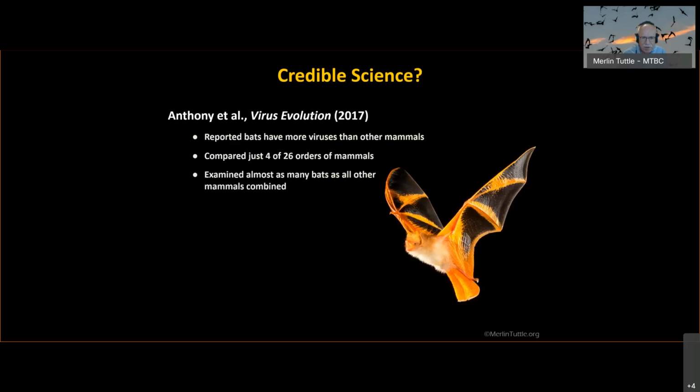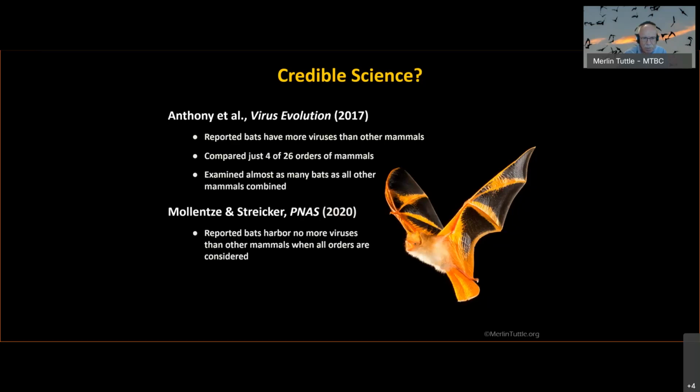I'm sorry, what I mean to say is that only 1% or fewer of the world's viruses have been identified to date. There are so many yet to be discovered that we can find a new virus anytime we want to look right on our own bodies. So when the search for viruses focuses almost entirely on bats, of course we're going to find more viruses in bats. But since then, there's a much better study that was published just this year by Mullins and Stryker,